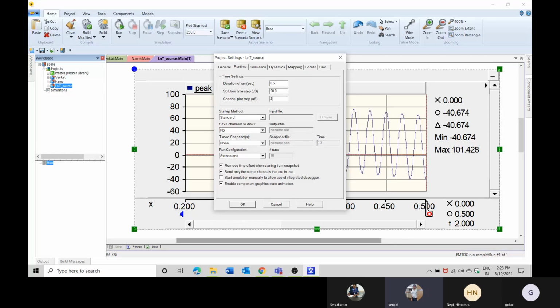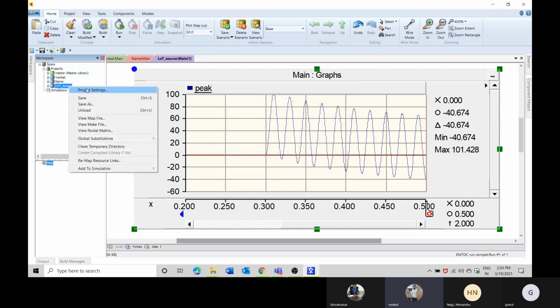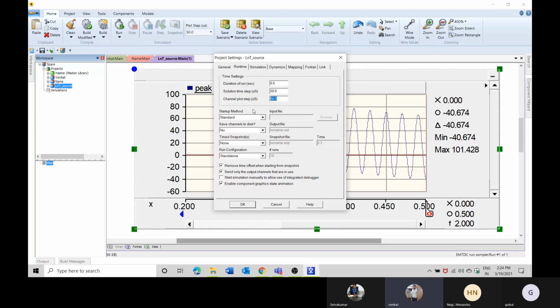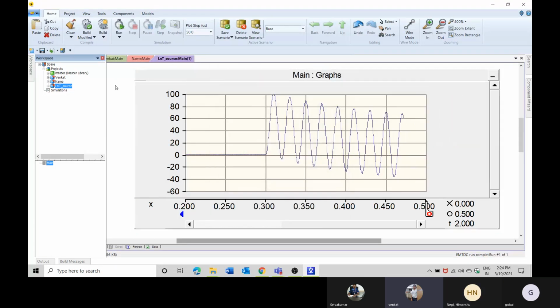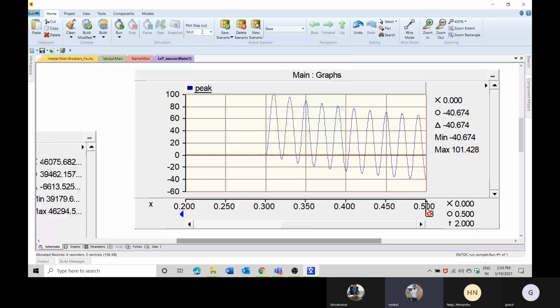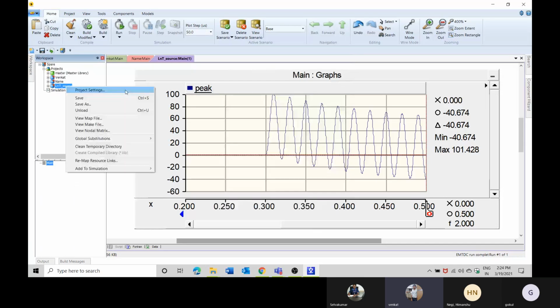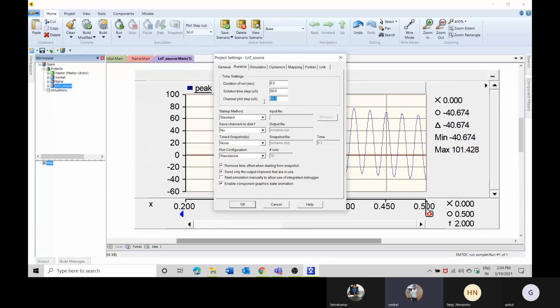If we keep it as 25 and click OK, then go inside again, it will show 50, because that is the minimum value it has recorded, and that is the minimum value of data from which I can plot the particular graph. I hope it is clear for you. Right, I get it. Yes. Thank you. And that is about the project settings.